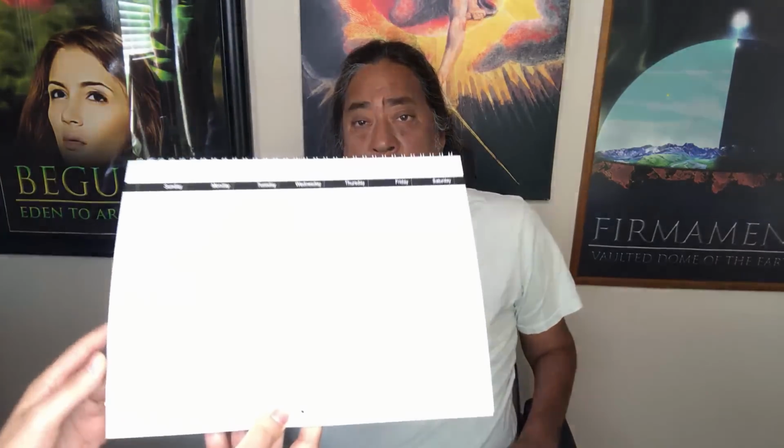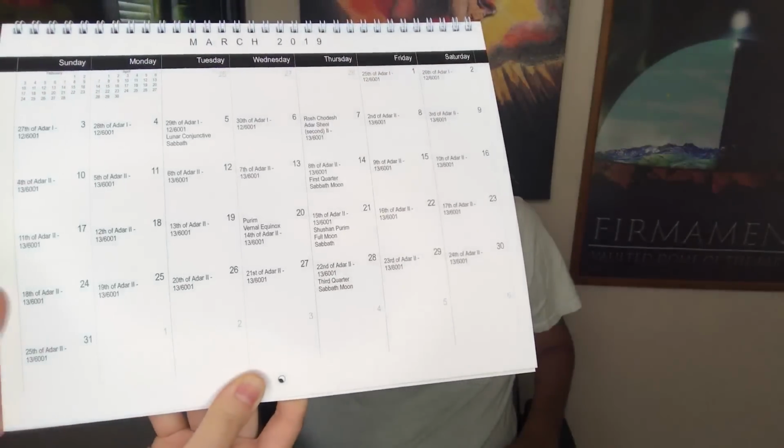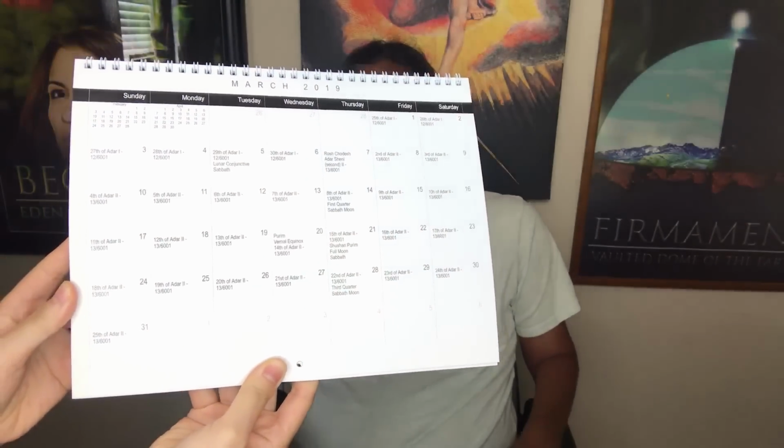We have Passover, unleavened bread, the day of first fruits, Shavuot, Yom Teruah, the Day of Atonement, and Sukkot, the festival of Sukkot. So anyways, in this calendar we show you how Rosh Chodesh, which is the first appearance of the waxing crescent, aligns with these Sabbaths, the following 4 Sabbaths of each of the lunar solar months.